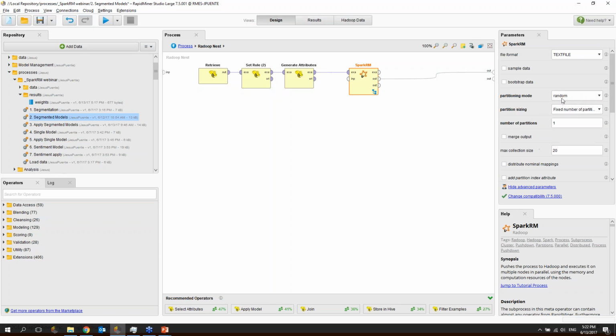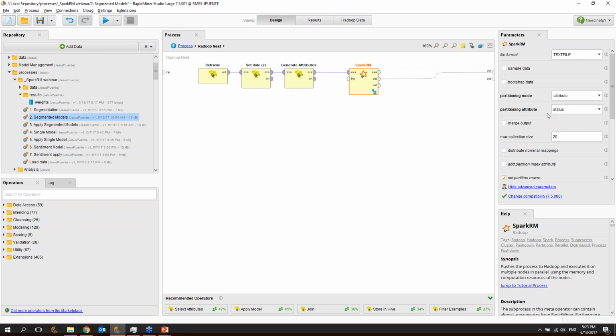We can use, for example, random. Random means that I can control the number of partitions. I could have maybe 10 partitions or 5 or as many as I like, or I could have absolute size partitions, like I want each partition to be 1 gigabyte or 10 or whatever number I like, right? In this case, all the partitions are basically the same because it's distributed randomly, but I can control the sizes. And then there is this other option, which we'll be using right now,